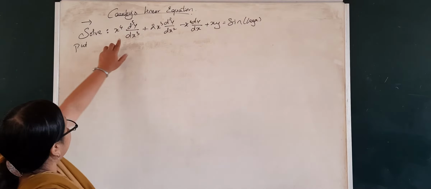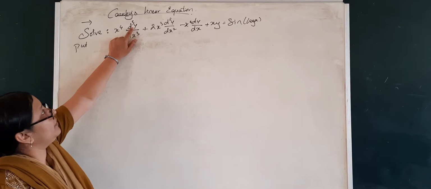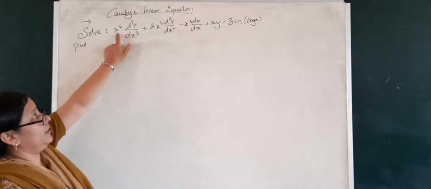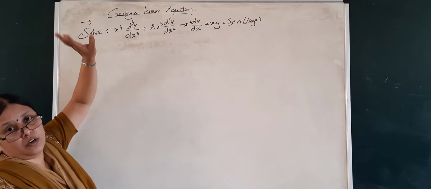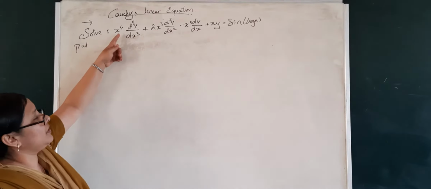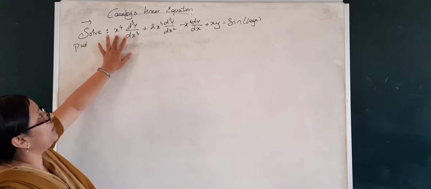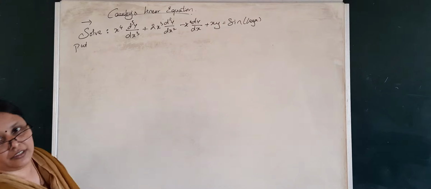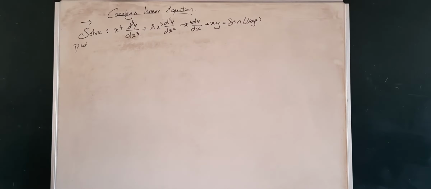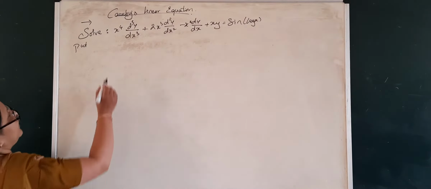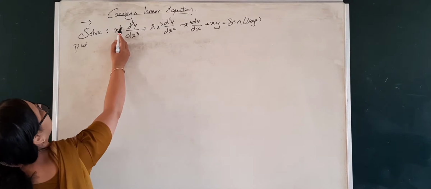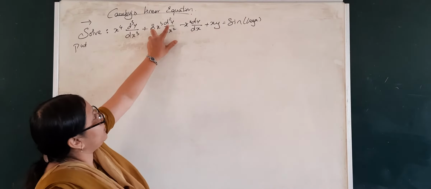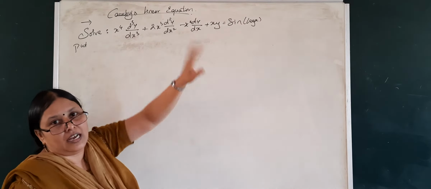Why? The reason here, see the order of the derivative is not equal to the power of the variable. That means here it is more. It should not be more nor less. We saw a problem where it was less earlier, and now this is a problem where the exponent is more than the order of the derivative. So both the situations are not correct. So what should you do? You have to divide throughout by x, so that it will become x cube with third order derivative, and x square with second order derivative, x with first order derivative, and so on.